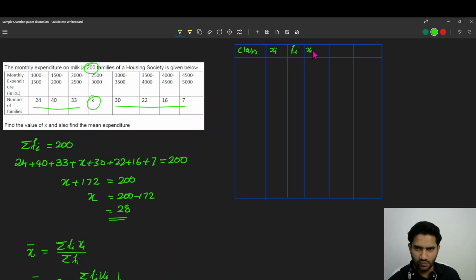We want to find assumed mean, then subtract with a. Then we have the variable ui is equal to xi minus a divided by h. Finally fi into ui. Okay, so first of all the class